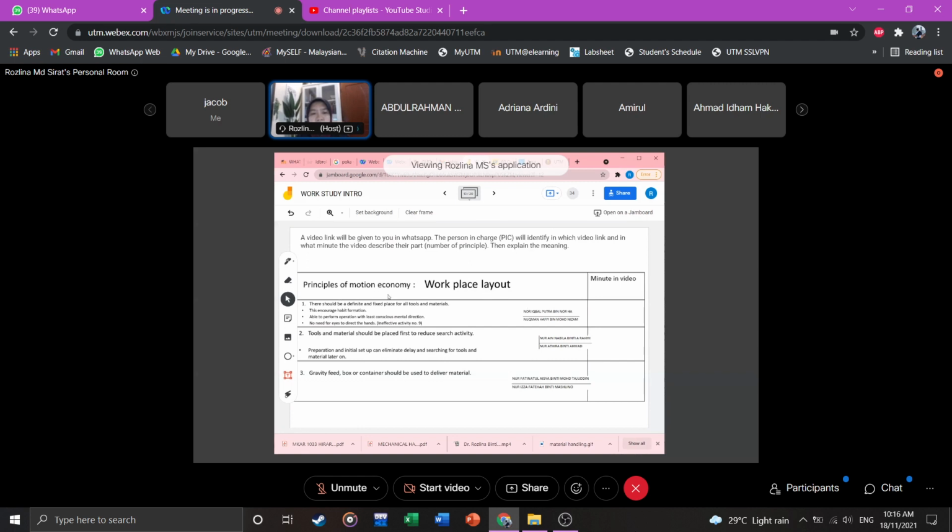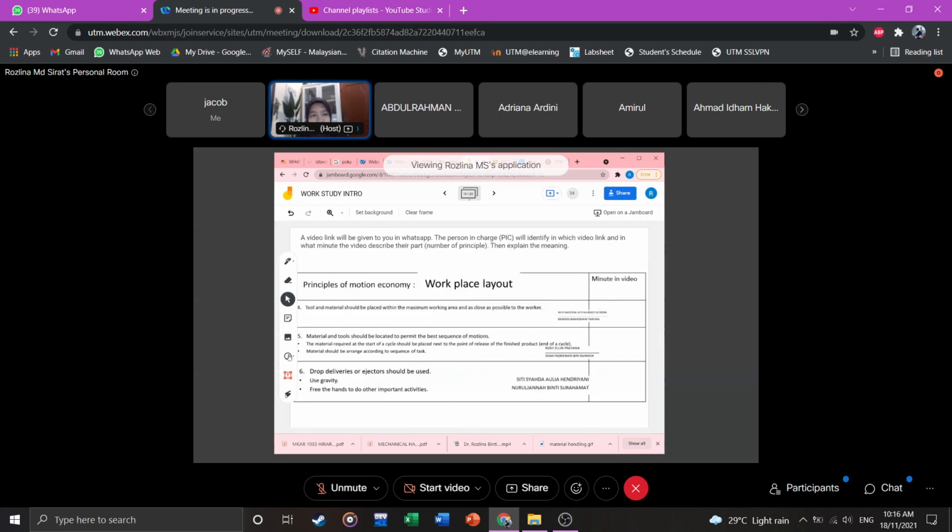Principle of motion economy in terms of workplace layout. There should be a definite and fixed place for all tools and materials. Tools and materials should be placed first to reduce search activity. Gravity feed, this is very simple. Gravity feed bins or containers should be used to deliver material. Then, number 4, tools and materials should be placed within the maximum working area and as close as possible